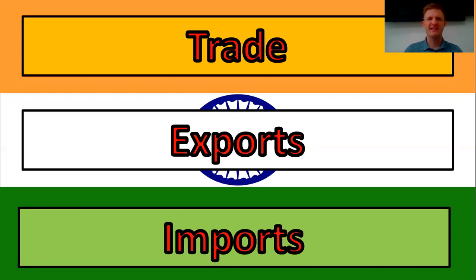Exports are things that exit. If you get the next two words, exports and imports, wrong, just remember that EX, the start of exports, is exit, and IM is like the word in. That's things coming into a country. So exports are things that exit a country, things that you sell to other countries, like things that exit your house. Imports are things that come into a country, things that you buy in and bring in because you haven't got them in your country or you get them cheaper from another country.